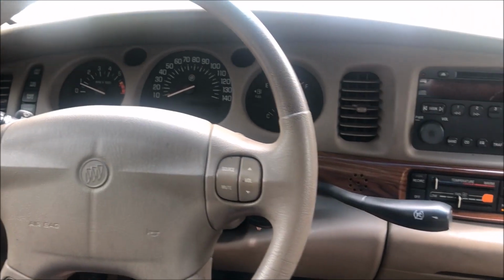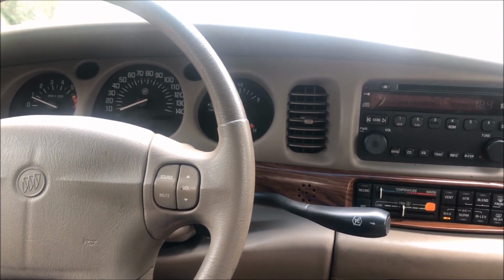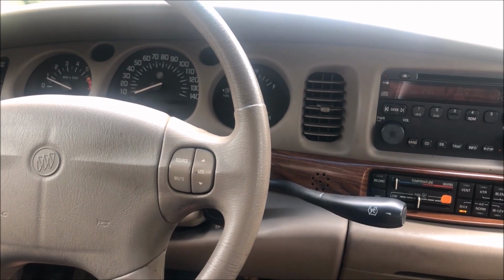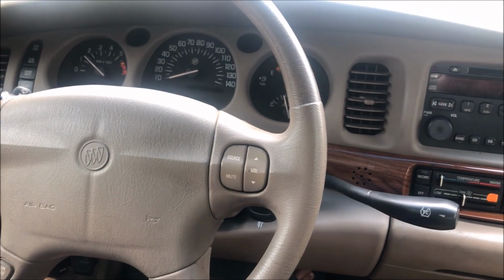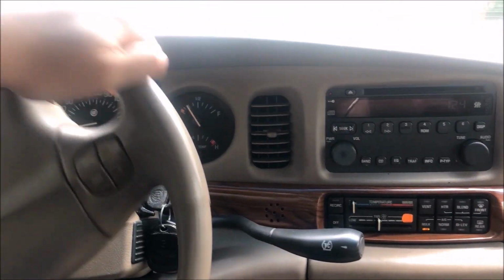All right, so here I am taking the last ride in the Buick LeSabre. I had a guy come look at it earlier today. He's about to meet me now with the cash, and we agreed on $3,700. I had it listed for $4,000, and I cut him a little bit of a break on the price because